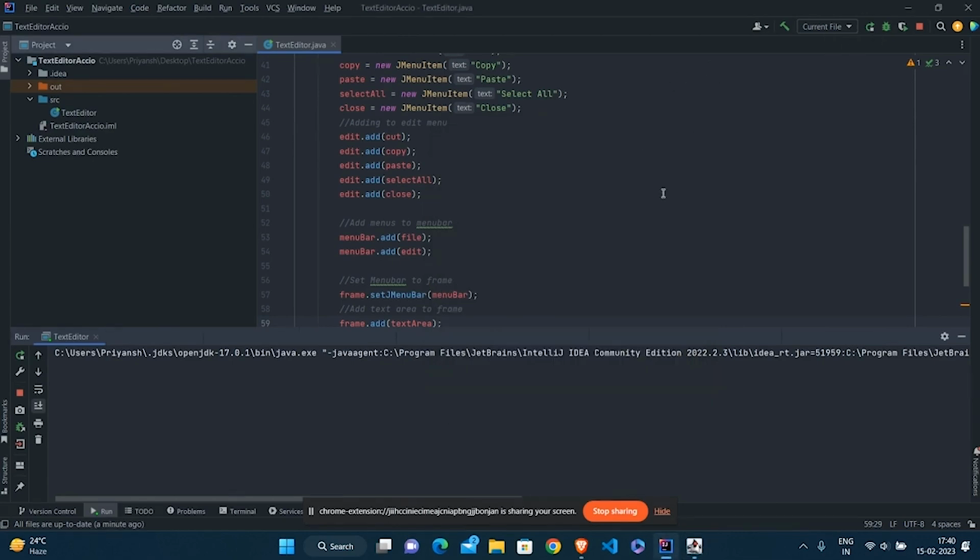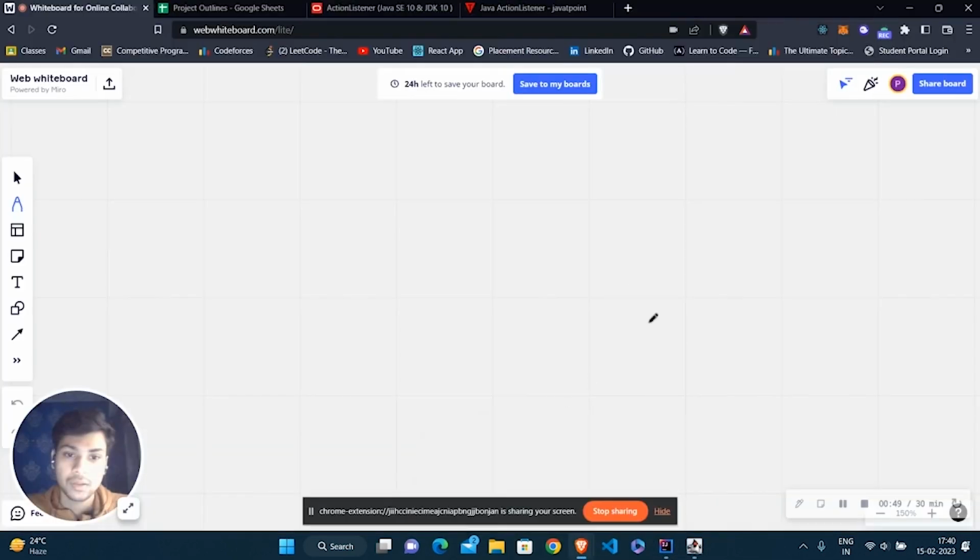Now what is an action event? Suppose we have a button, it can be anything. If we click on it, this will be referred to as an action event.